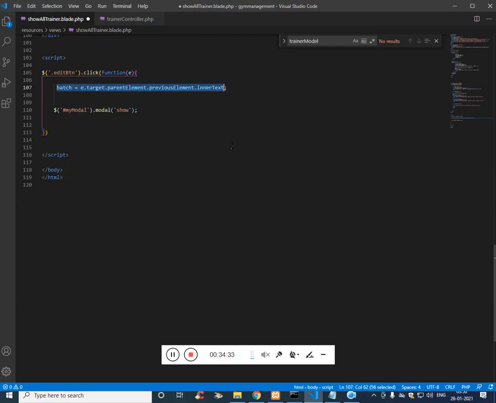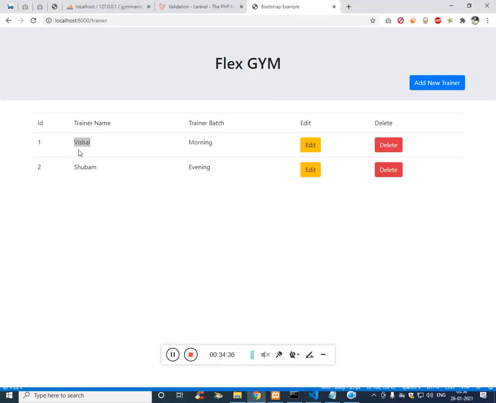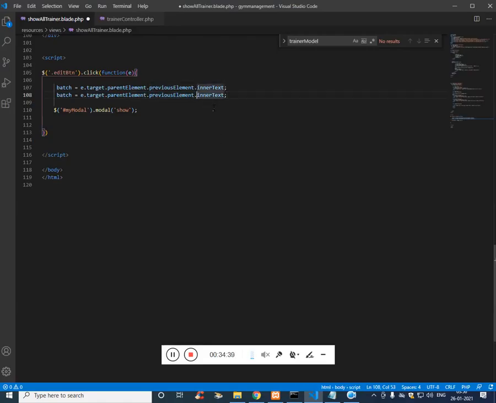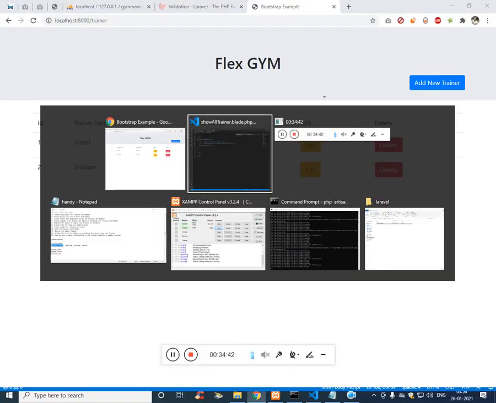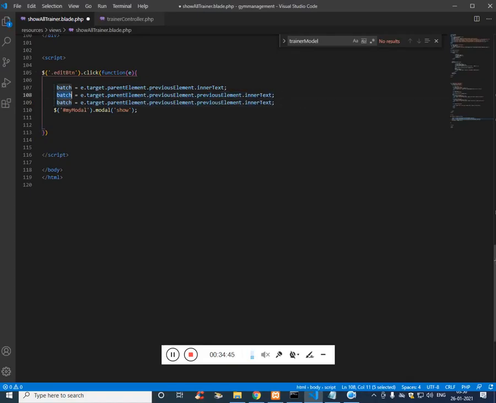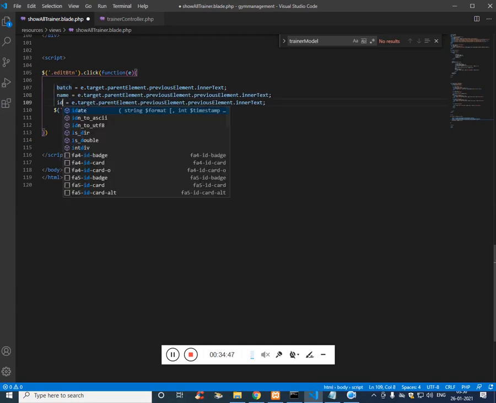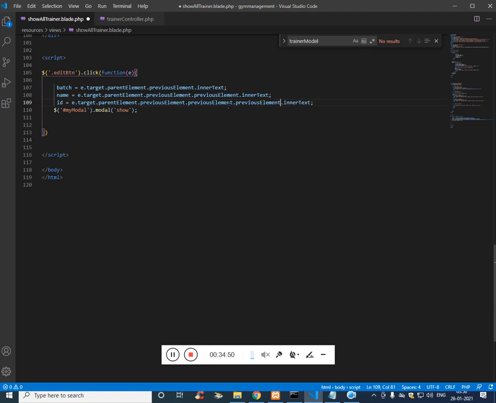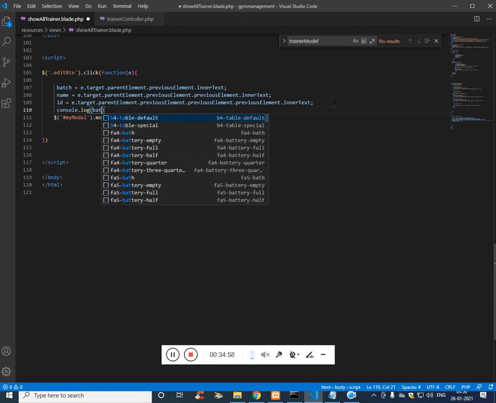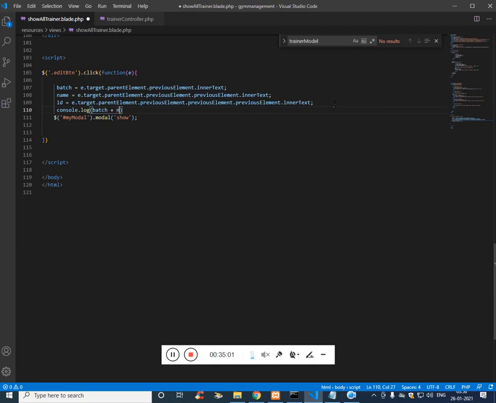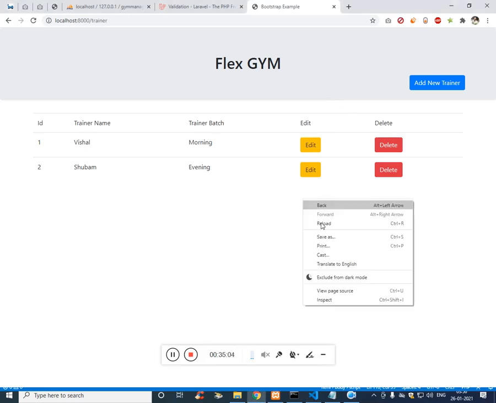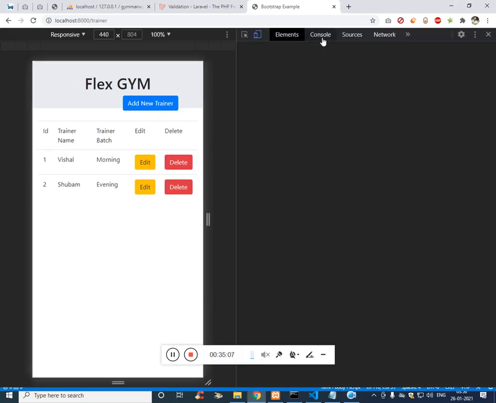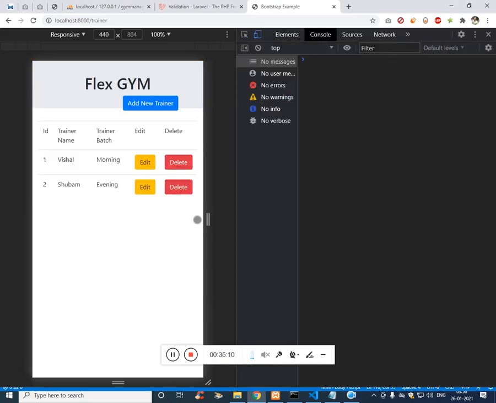The same way, if we need this one, the trainer name, we have to use again the previous element. So if you need ID again, so this is name and this is ID. So for ID we have to use one more time. Now if you want to see, console.log batch plus name plus id. Now click on the console. These three values will be available on console. So if I click on edit button, these three values will be available.